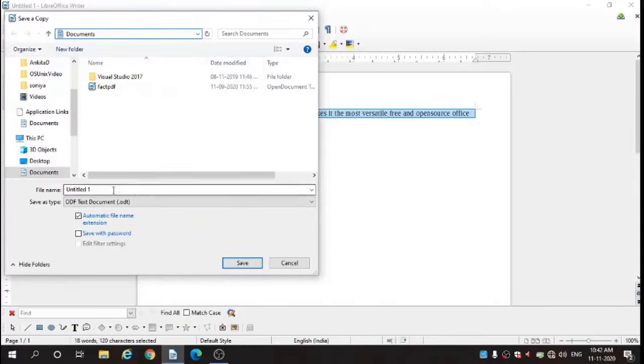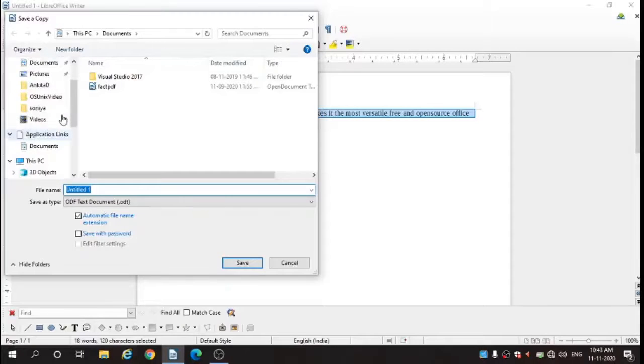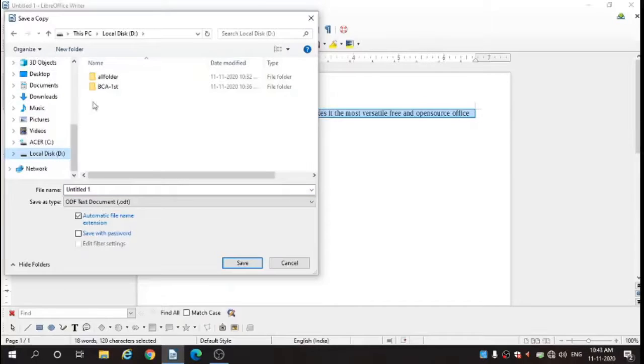Okay, now you can save this file with any name. This is the save a copy. Whatever you have typed here, you can save in this. So the folder is in D drive. Double click on this.